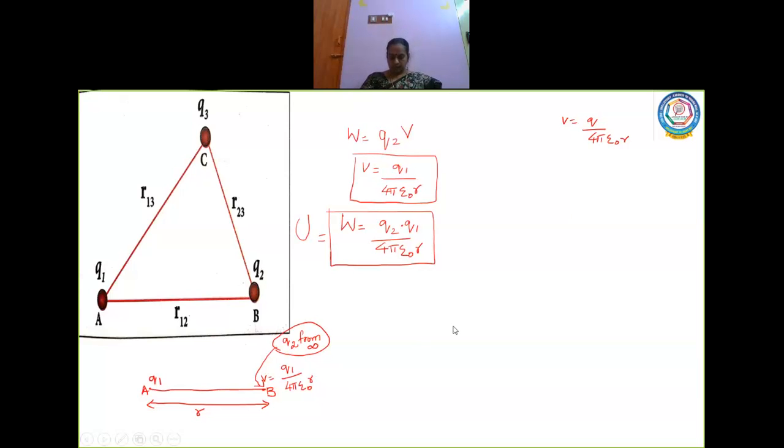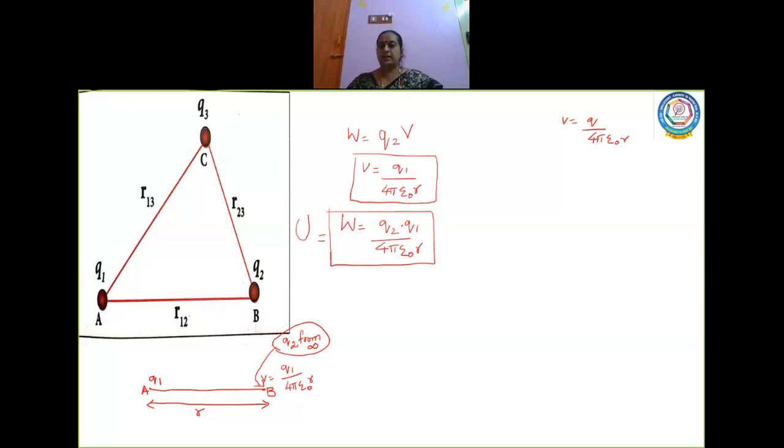Yes or no? Now, I am going to bring a second charge Q2. Where am I bringing the second charge Q2? I am bringing the second charge Q2 to the position B. Now, what should I do? I should do the work against the electric field. Definitely the charge at A would have created an electric field. So, I should do the work to bring a charge Q2 from infinity to point B against the electric field created by the charge Q1. So, I definitely have to do work here.